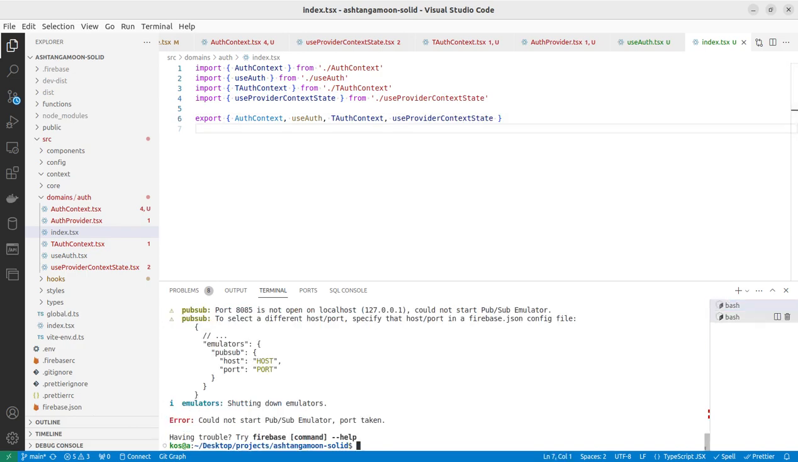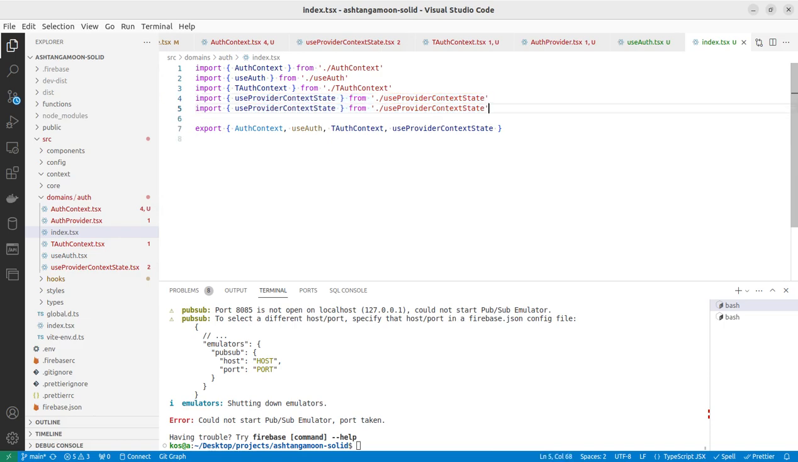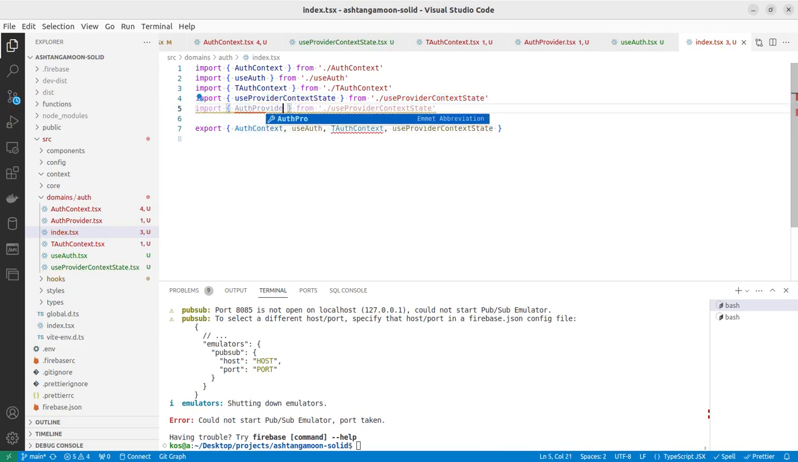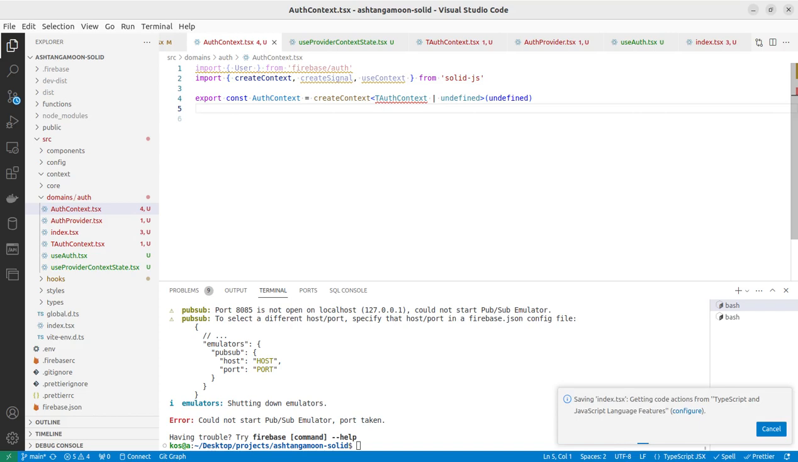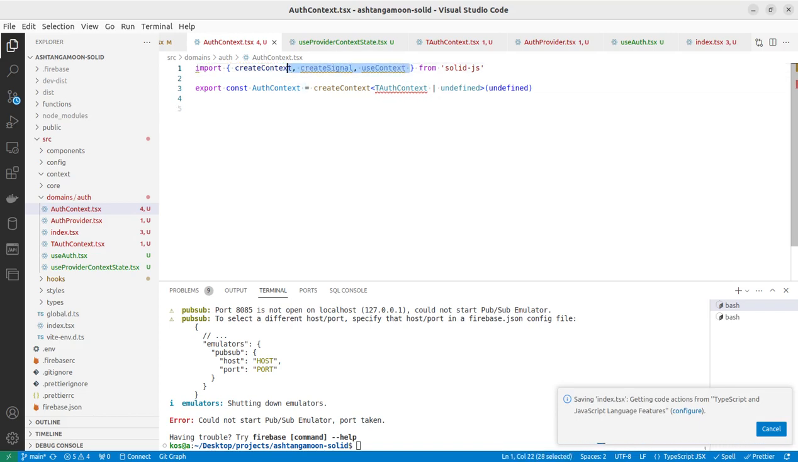I can actually stop the server. Okay, what else? The provider. I can import the provider here too. Auth provider, auth provider, and here I can export auth provider now. Yeah, I think we are going to be good. I can save this file, remove the unnecessary imports,